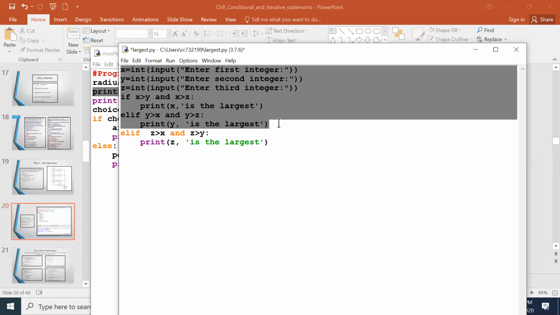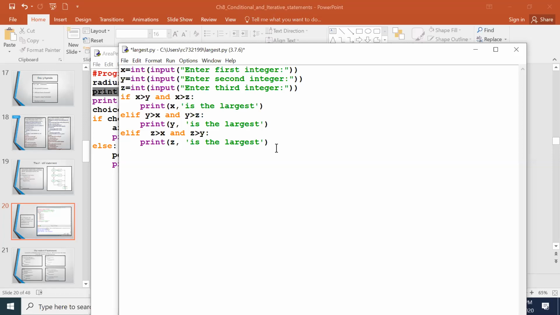So after executing up to here, these two statements do not get executed. They will execute only if your input has z as the largest value. So that is the advantage and the importance of the if elif control structure.